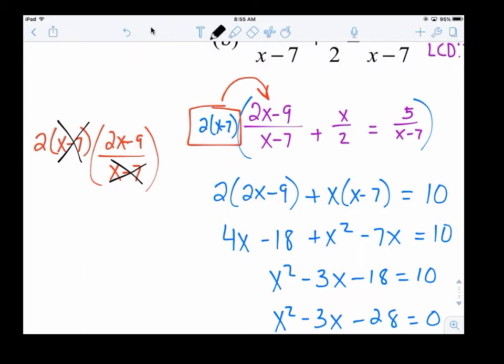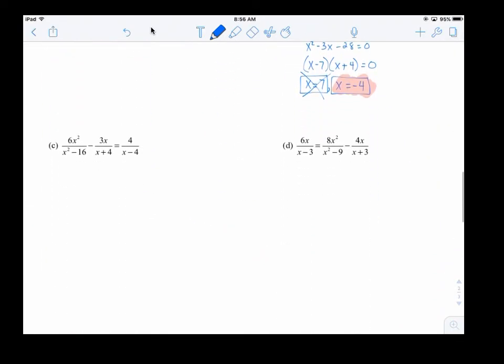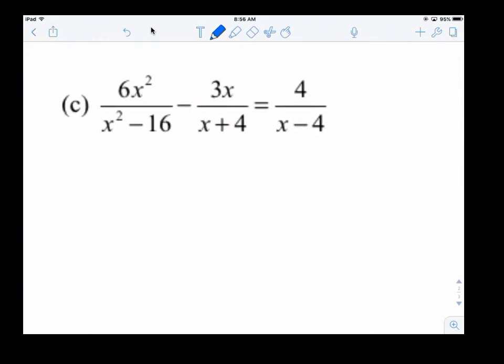You do 2 times x minus 7 times x over 2. Right, now what cancels this time? Right. So that 2 cancels that 2, and you're left with x minus 7 times x, which is what we have. And do the same thing again with the 5 over x minus 7. All right, so if you guys can't come up with the answer for C,